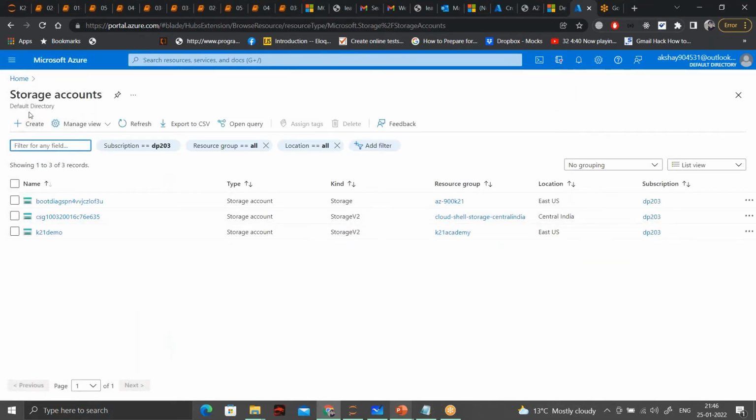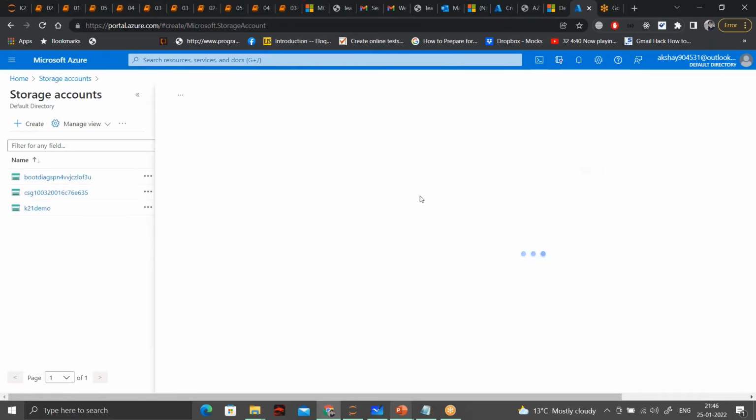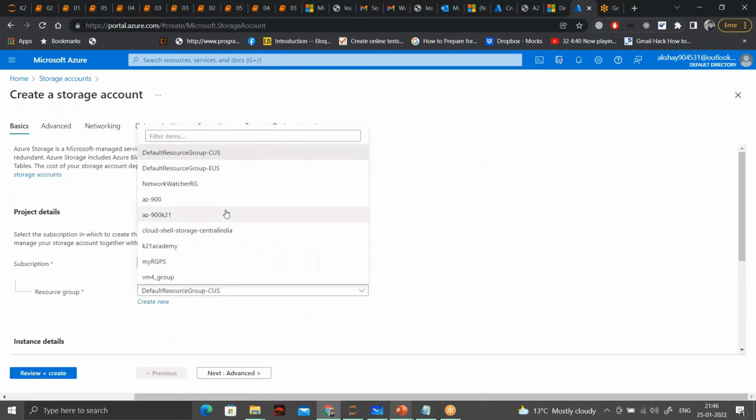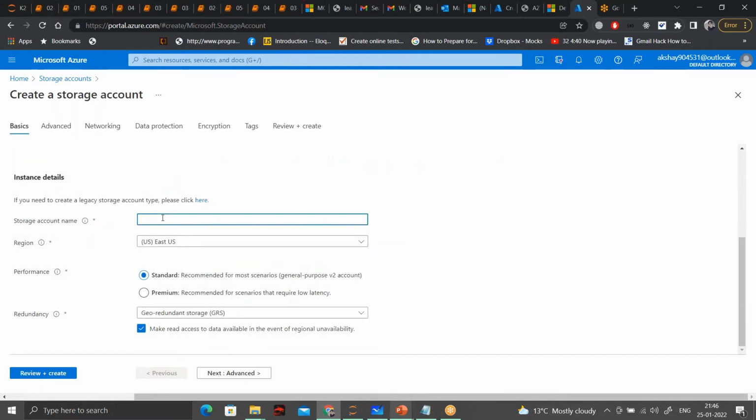First we'll create a storage account. I'll use my resource group and give this storage account a name.